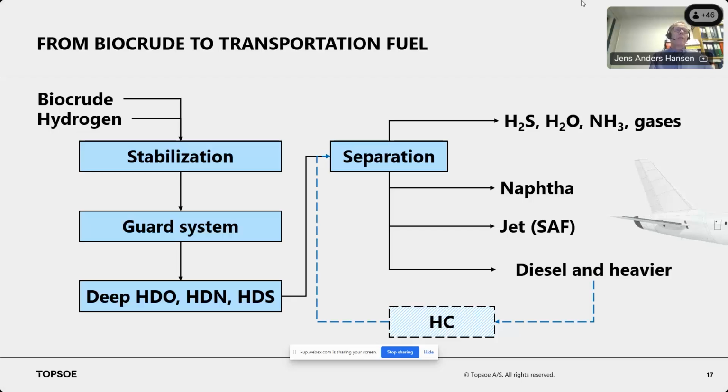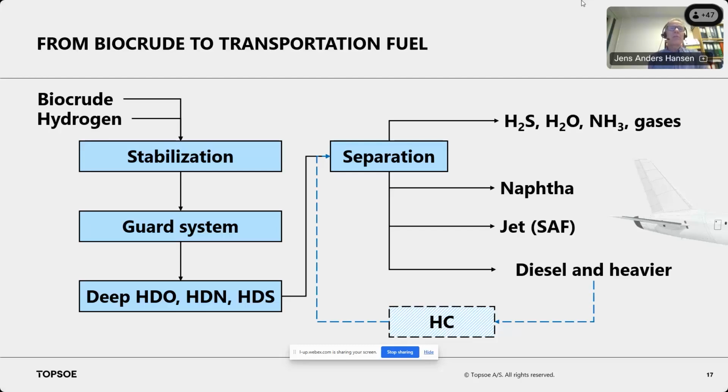And then you have a product that goes to separation, and you can fractionate that by distillation. You have the light gases, you have the hydrogen, you have the ammonia from the removal of nitrogen, you have the sulfur as hydrogen sulfide, and then, depending on boiling range, you can convert. You can have a naphtha range product that could go up to 150 degrees here. Then you have from 150 to 300. You have the jet boiling range, and the question is, is that sustainable aviation fuel meeting the requirements needed?